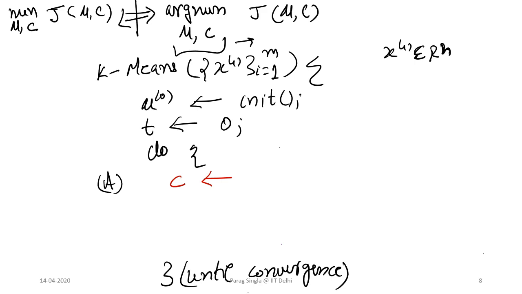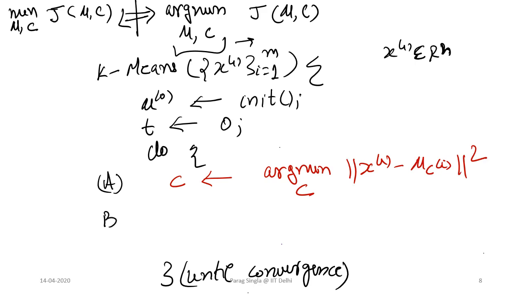We want to find these cluster assignments, which is nothing but argmin over c's of the sum of x_i minus mu_ci whole square. So this is step A, and then step B would be